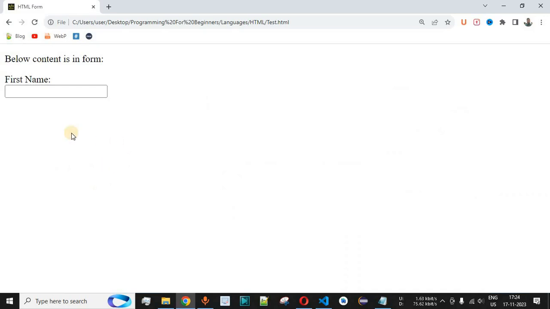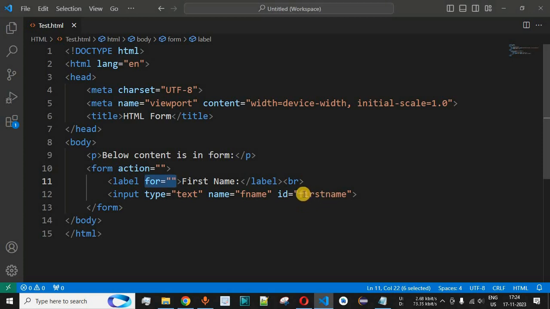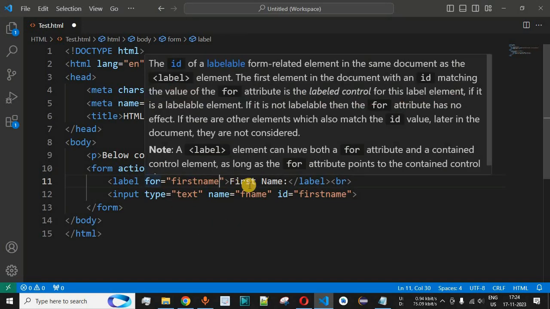So guys, for now if I show you, when we click on this first name, nothing is happening over here. As you can see, the cursor is not coming over here by default inside the text box. So what we can do is, we can provide the ID of this text box, that is first name over here. I'll simply copy this and paste it inside the value for this for attribute in this case.